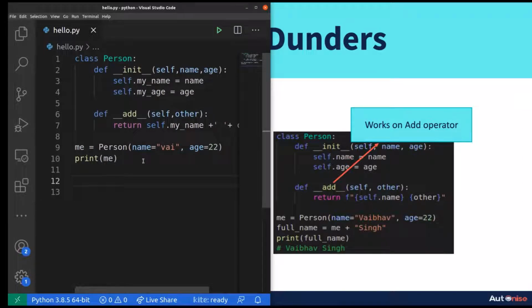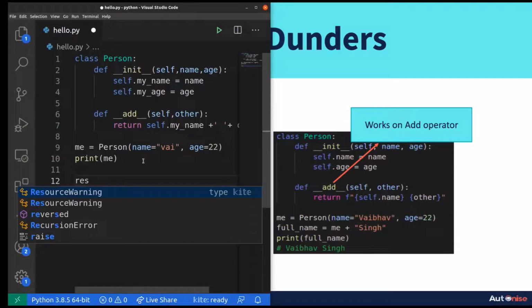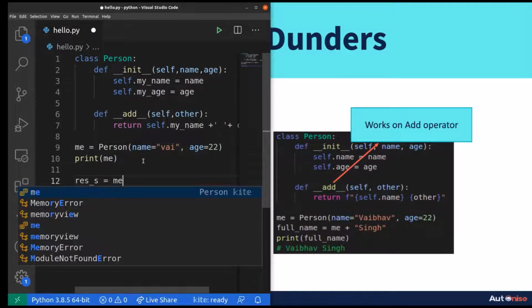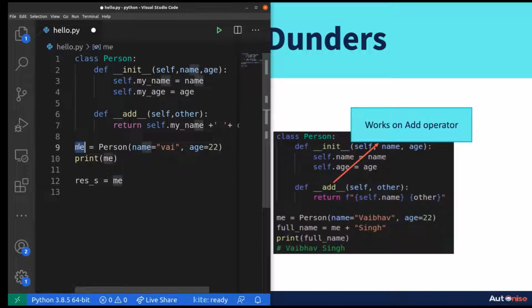So now let's use this plus operator with our two objects. Let's try printing this. Let's try to save this value inside a string. So we can use result string, and this is equal to me, which is a person type object, plus a string, which can be some text. We can say it